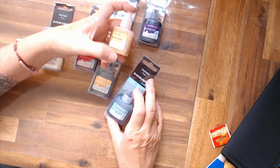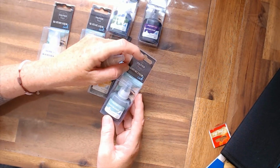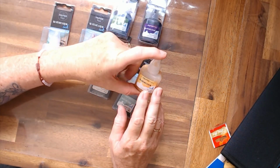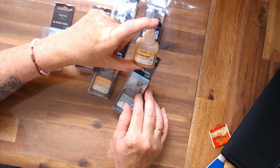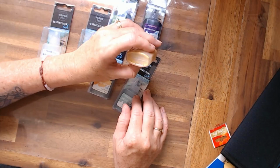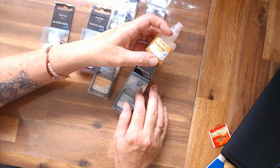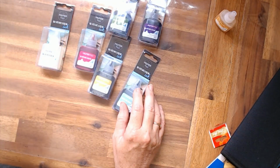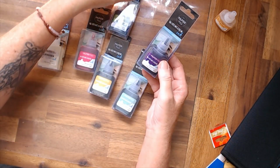This is again by that brand, the Paper Mill, which I do believe is only a Riot brand. I think it's exclusive. I've used the gold, but I only used a little bit of it, and I can't really say whether they're any good or not yet. I would say that you would go through them fairly quickly because they're not very big. There's only 20 mils in there, but yeah, I'm gonna do more with them in time to come, and we'll see how they go. We've got amethyst, leaf,